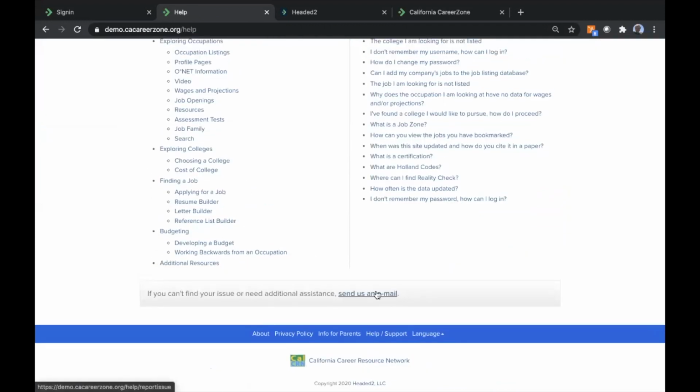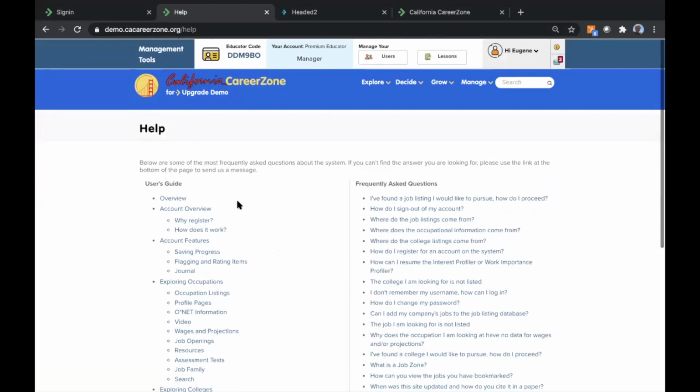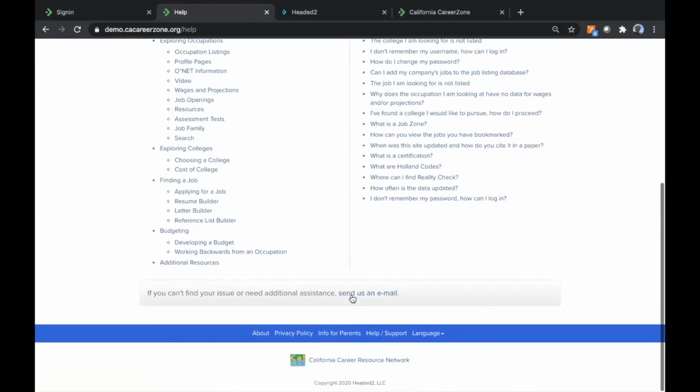We're watching that throughout the day. We're trying to respond as quickly as we can to inquiries that come in. We'll do our very best to get back to you in a timely fashion. It's not instantaneous. We don't have a chat function yet, but we really do our best to get back to you very quickly. So if you get stuck somewhere, this is on the help support page, and you can click